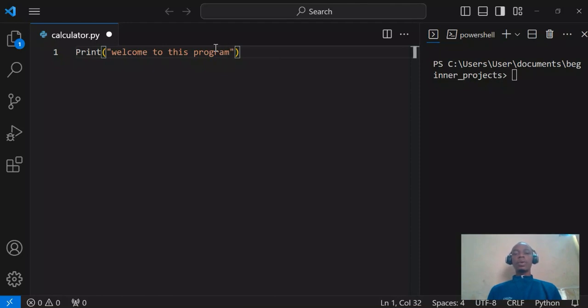So after I welcome the person to this program, then I'm going to define my main function that is going to contain all the other functions that I'm going to use in this tutorial. So I'm going to say def main, and I'm going to start coding. So first of all, welcome to this calculator. I think I should just tell them calculator to be specific. Welcome to this calculator,